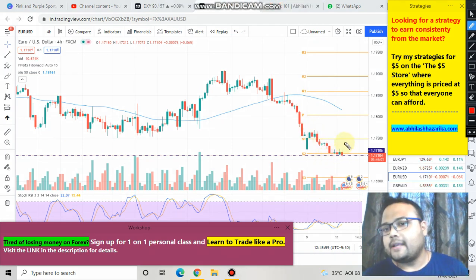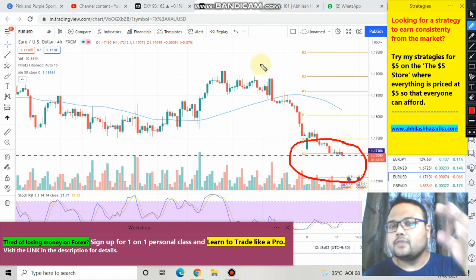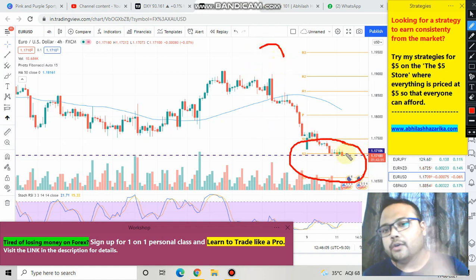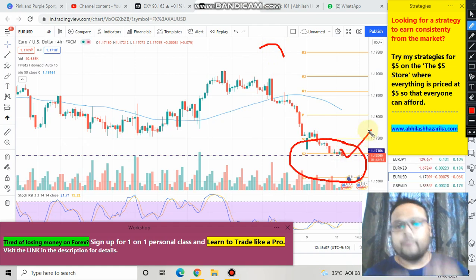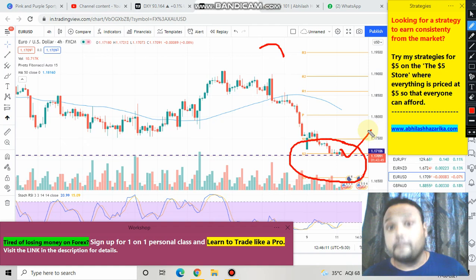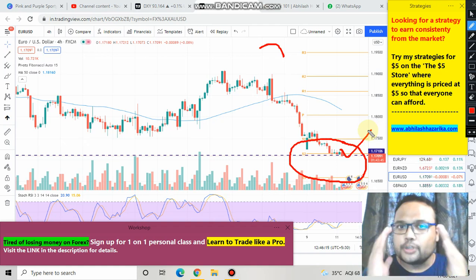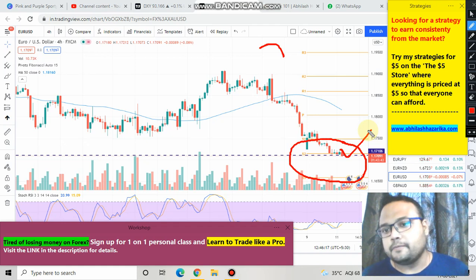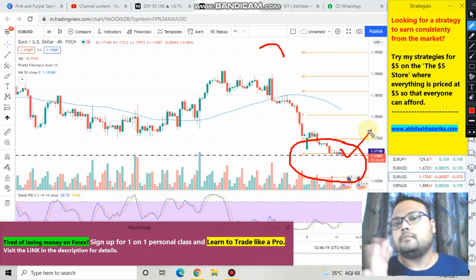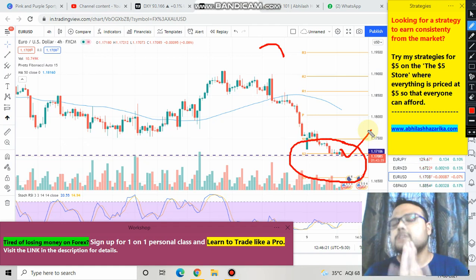But right now, looking at the present condition of the market, it looks like the dollar will be reversing and EUR/USD will be going up from here. And if it goes up from here, then definitely you can go for a buy order. But you must wait for the perfect opportunity and confirmation. It is a very good spot. You can go for a buy, but just wait for confirmation.